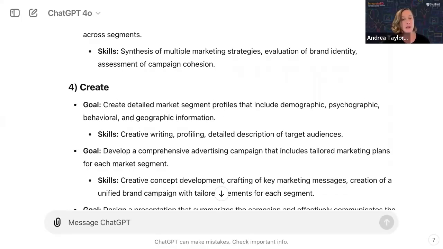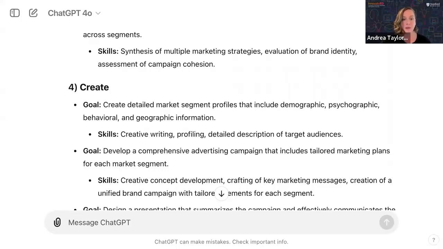Maybe an area that looks like a flag, where I don't want students to be, where I'm worried that AI might actually get in the way of learning. So I'm looking for opportunities for partnerships. I'm going to clean this up, and then I am going to do my second prompt.